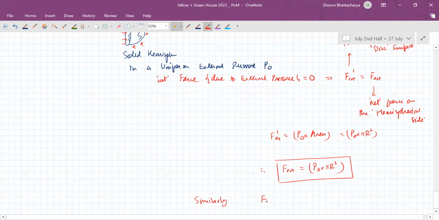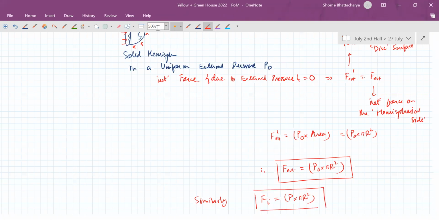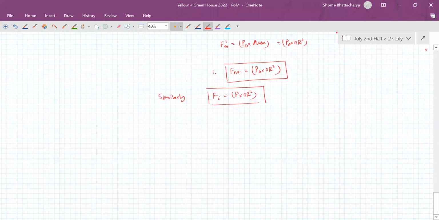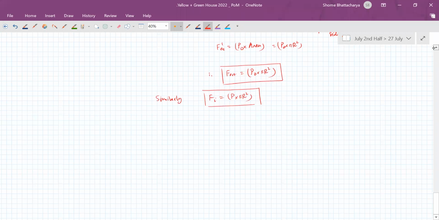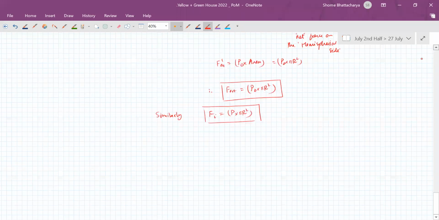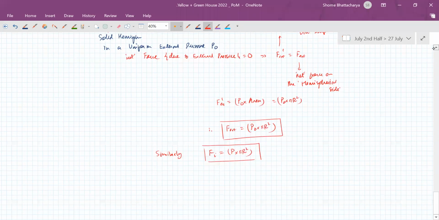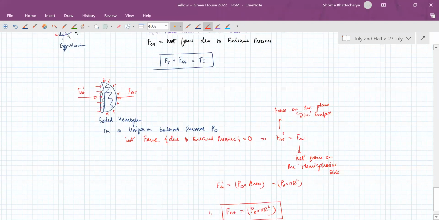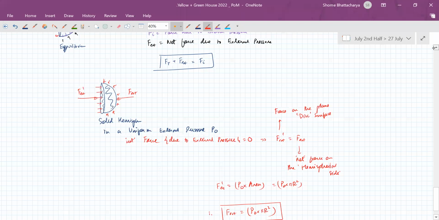the magnitude of the force due to the internal pressure will also become the internal pressure into pi r square. Just the direction is opposite because those vectors are acting radially outwards. You just go back to the free body diagram in the previous section, you'll understand. So these two forces are given by this magnitude. So let's start from this point. The equilibrium of this, let's start from that, and then